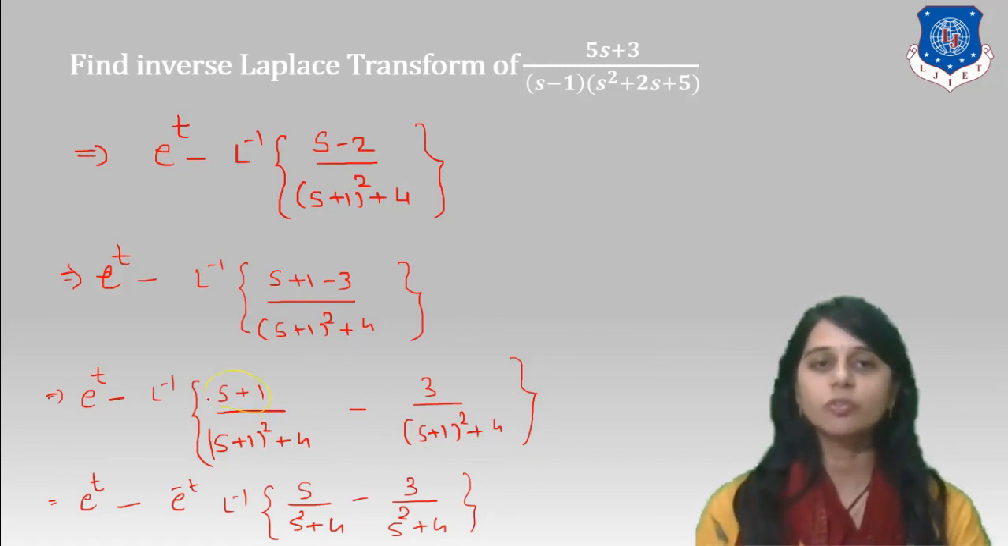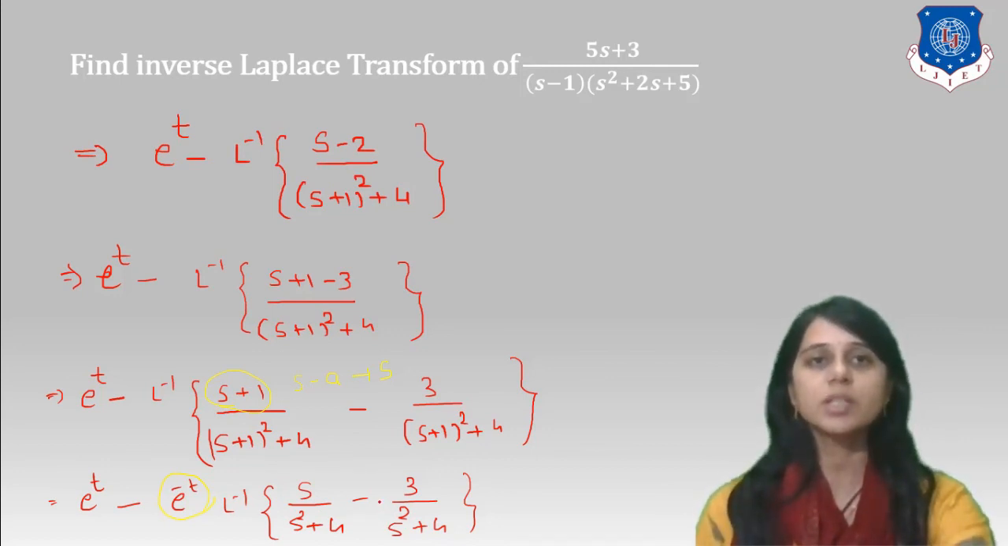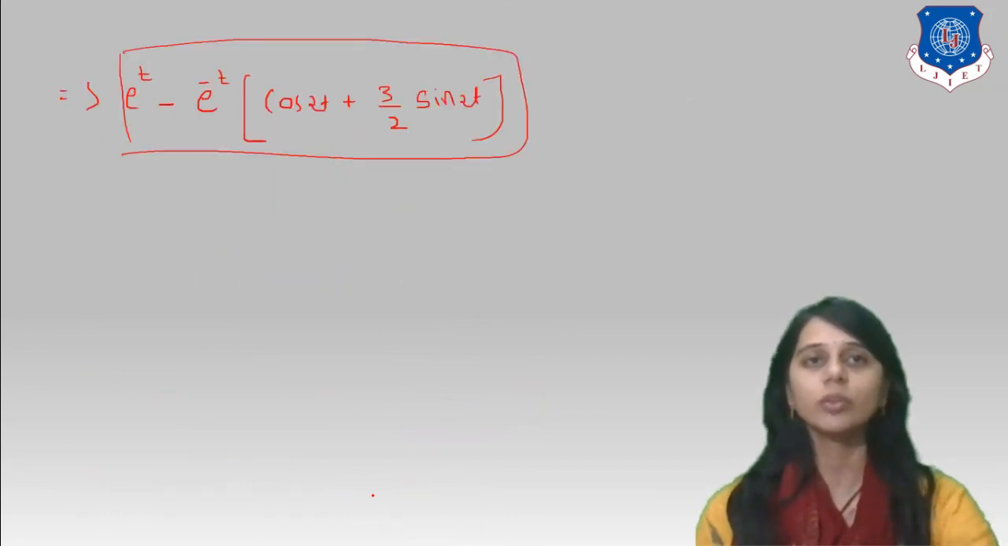Due to inverse first shift theorem, we convert s minus a to s. To convert s minus a to s, we take common e raised to minus t. So it is e raised to minus t, s upon s square plus 4 minus 3 upon s square plus 4. Applying Laplace inverse, we get last